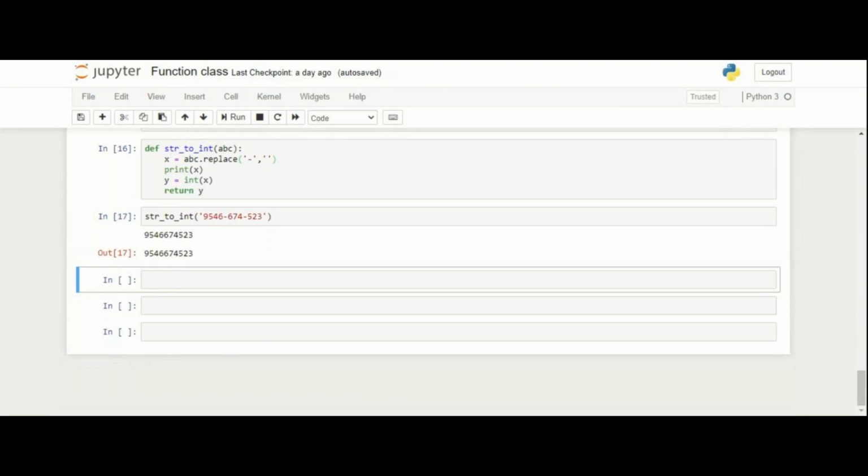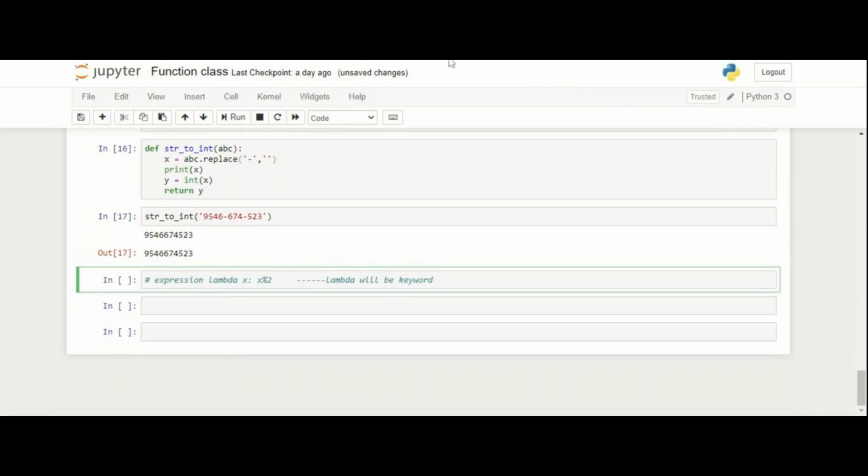How we write the expression of lambda is something like this. We will write lambda, and then we have to pass the parameter. The parameter would be any sort of variable, and then the task that we want to perform. Lambda would be the keyword here.